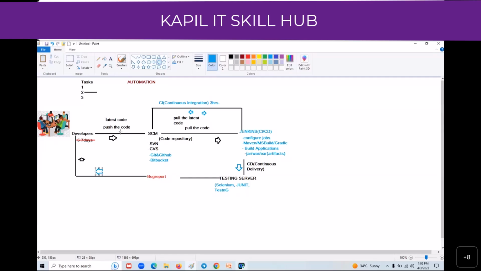With that updated code the same process will be repeated. So this is the number of times your application will be getting tested. That is why the testing team ensures 99.9% quality, releasing the product once the application is thoroughly tested.